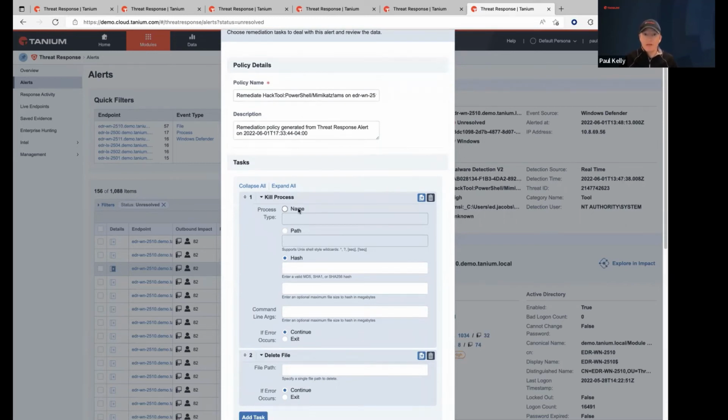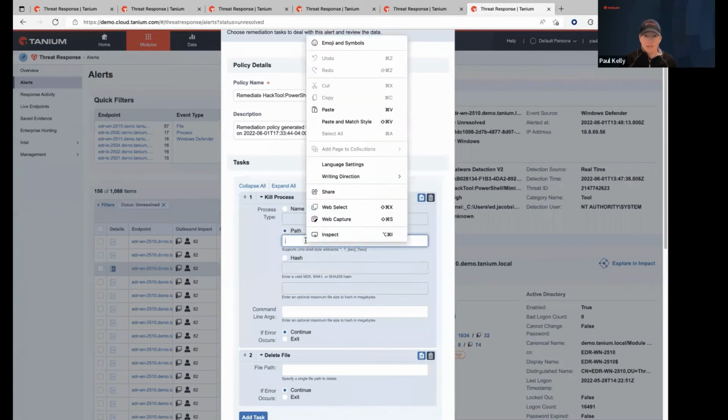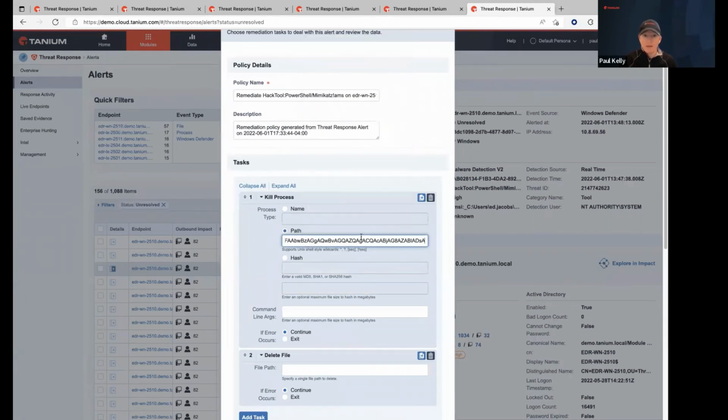We know that it's bad. We know that there was process associated with it. There was also the path here. And we also were able to show how we got the hash of the file. So different ways to take action here to kill the process. The path itself is certainly, that's actually the full command line. But the path itself, let me actually copy it from over here.